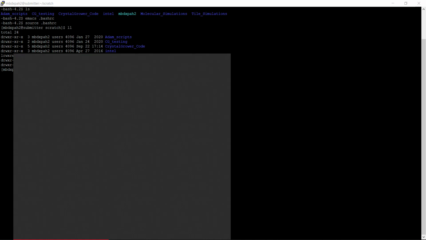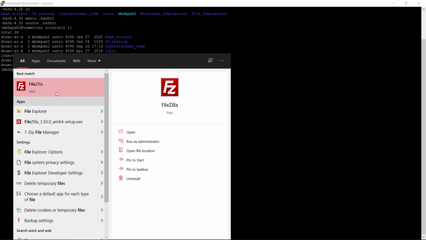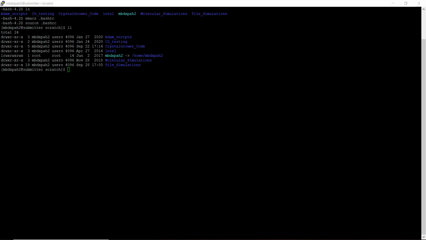So I use a program called FileZilla. There are a lot of other programs, another example being Fetch. And these bits of software are designed to transfer files between your system and another system that you've connected to remotely. So if I open FileZilla,